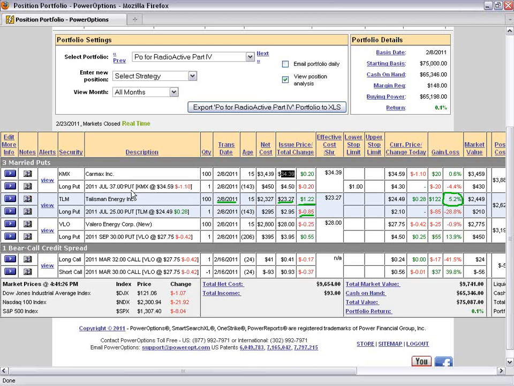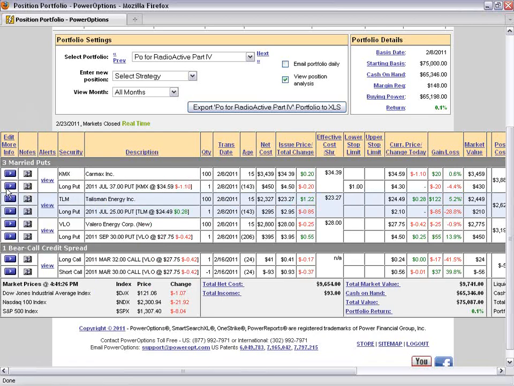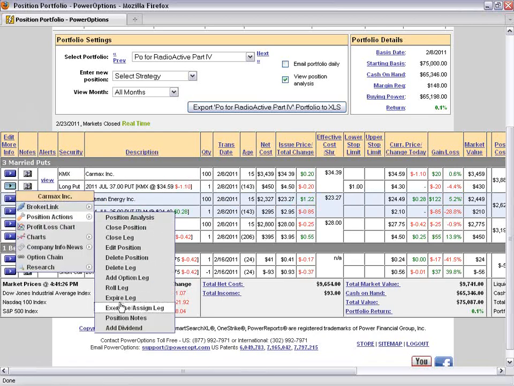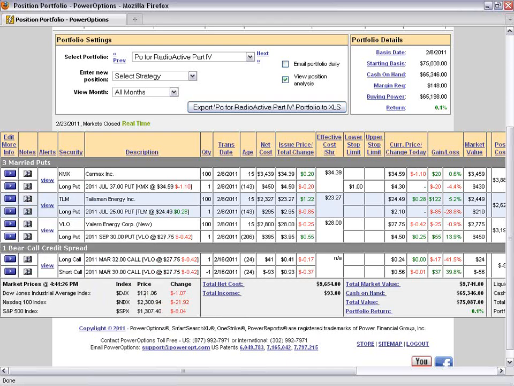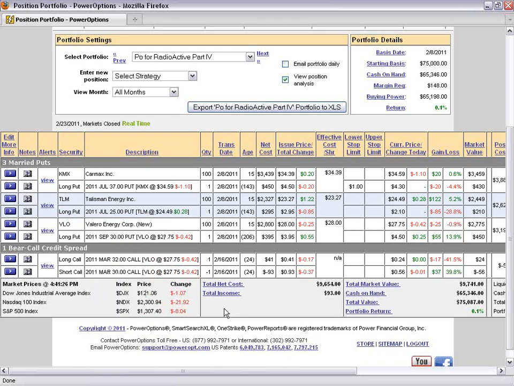Well, we're not assuming that you just left the position open, and so we're not automatically going to trigger an assignment for you. You might have bought it back. We don't know what you did, how you adjusted your account in your portfolio. So you'd want to go into the position actions menu. When you go in the position actions menu, you're going to want to select exercise or assign, for example. You're going to have to do that manually because we don't know if you bought to close it. And in that case, if you bought to close the position, you would just go close leg or close position, for example, or exercise assign, okay? Because we don't know what you did in your portfolio. We're not going to assume you let it get assigned because if you bought it back and rolled it, then